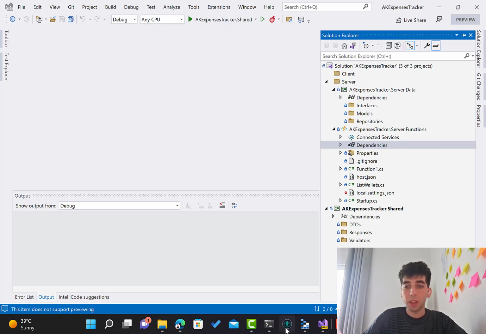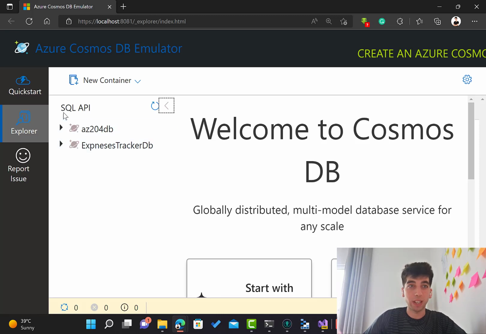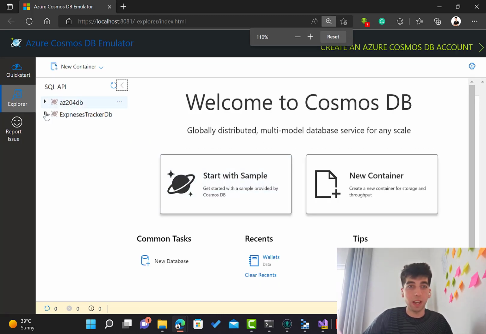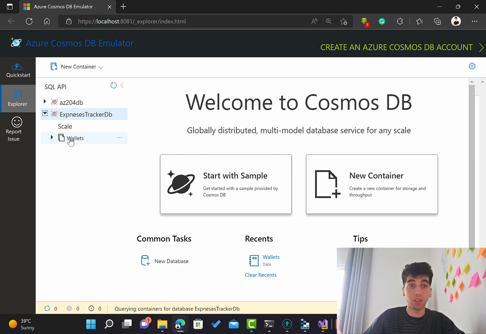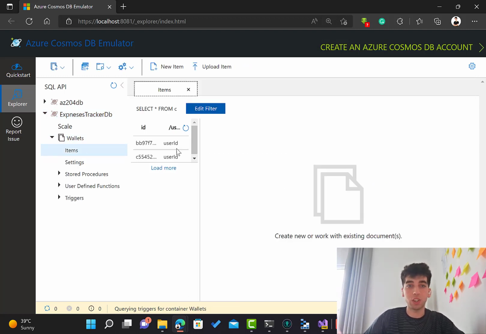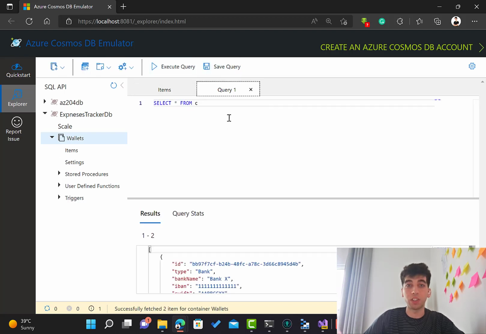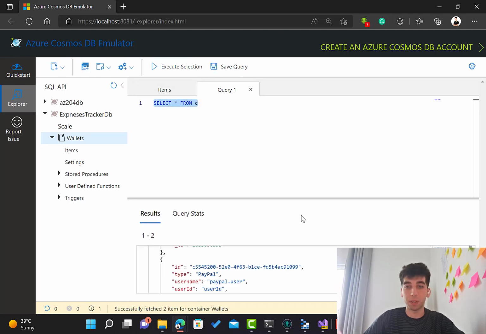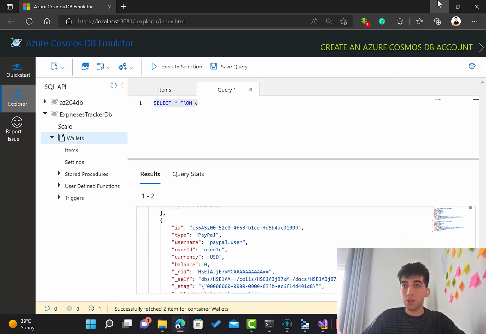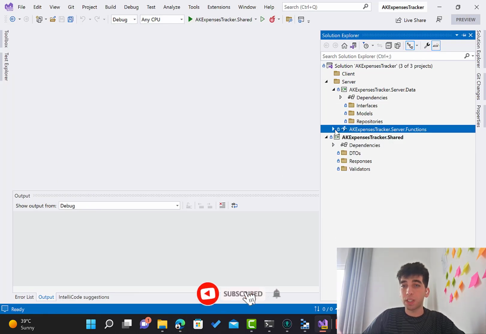So after we have initialized our database in the previous session, as you can see right now we have a list of items, correct? And those items we want to retrieve right now. So we have set the dependency injection in the code and we are just ready to go ahead and retrieve this data, but from a coding perspective, correct? So the first thing we want to set up is installing Cosmos DB on the server.data layer,